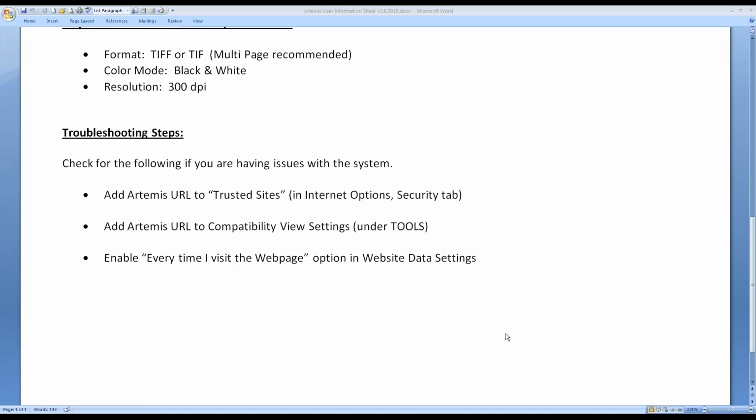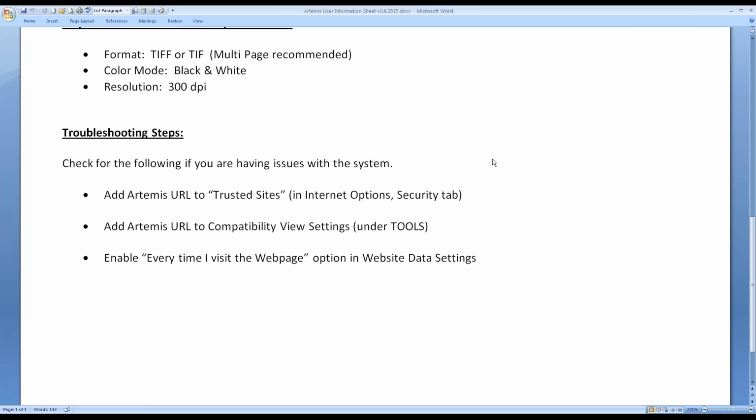That being said, if you do have any trouble beyond these troubleshooting tips with the system, your first point of contact will be the state or RMS. On the Artemis home screen or the login page, there is a hotline number. I'll point that out to you when we get to that login page. You call them first. They will try to troubleshoot the issue that you're having. If they cannot figure it out, then they'll push that call over to Sunrise, and then we will be in touch with you to figure out what kind of problems you are having. So again, your first point of contact will be the state, and if they can't resolve the problem, they'll push that over to Sunrise to handle from there. And again, all these handouts are available on the right-hand side of the screen.